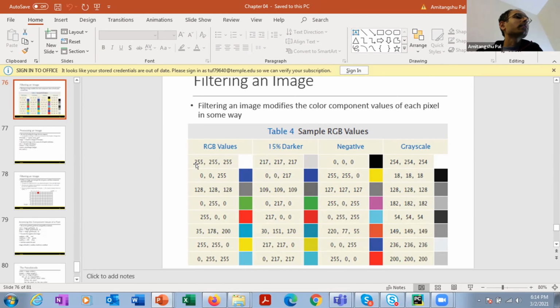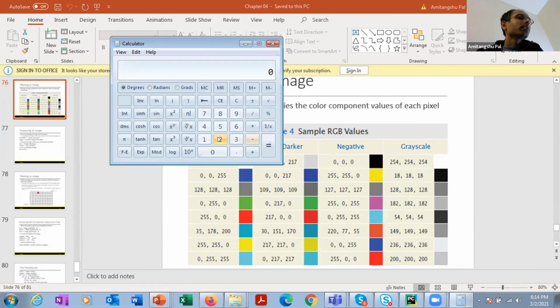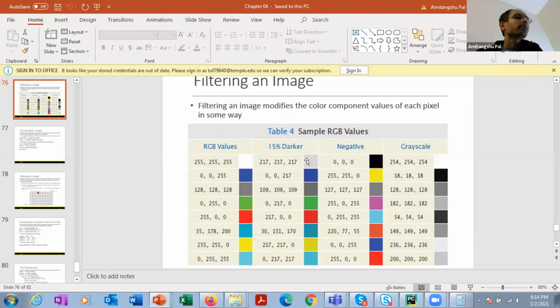So if I reduce the intensity level by 15%, then 255 needs to be multiplied by 0.85, which is 216.75, so approximately 217. That's how 255 becomes 217. So you have got a little bit darker image or darker pixel. Here all the pixel values have been reduced by 15%.